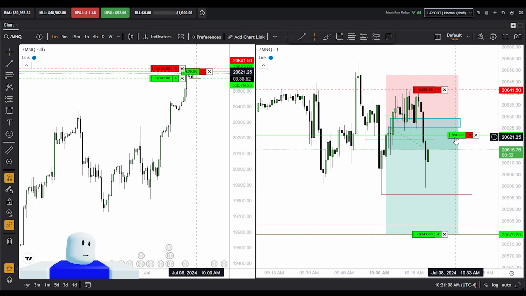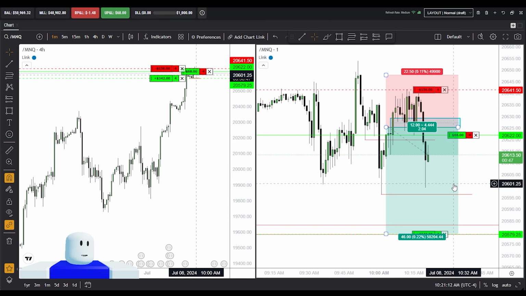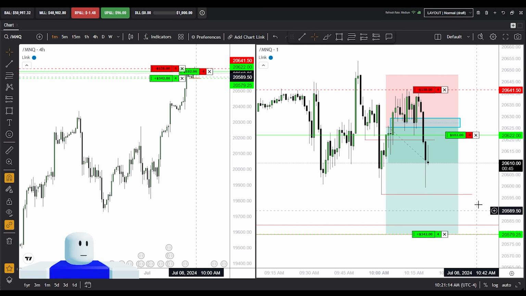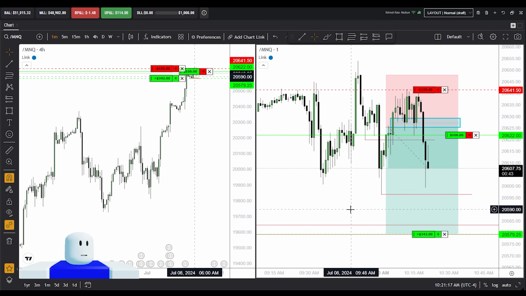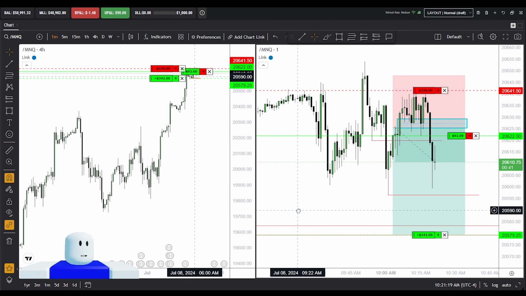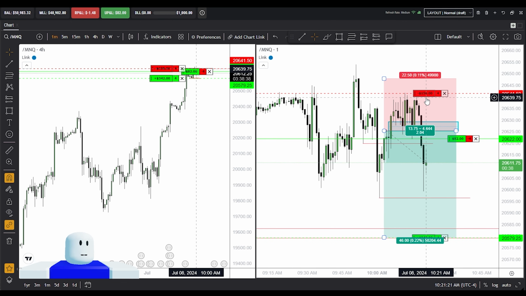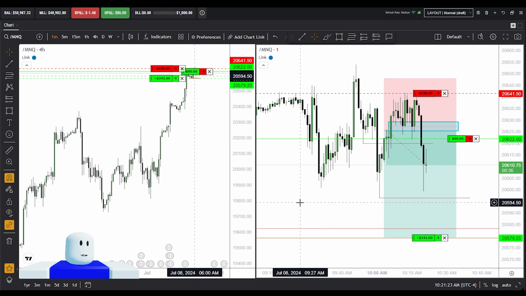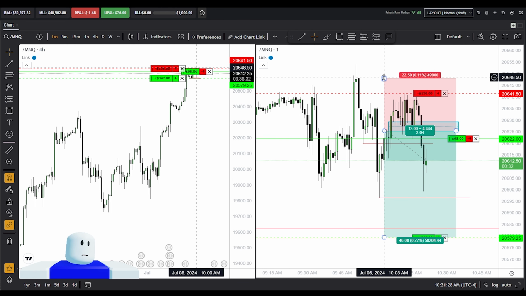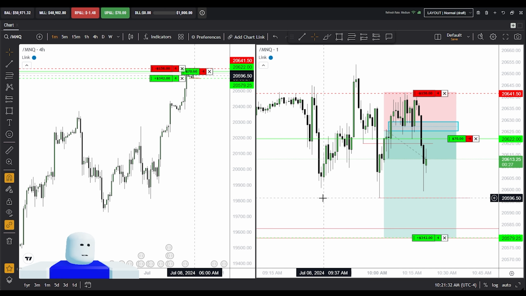The reason why I didn't move stops to break even, which I usually would, is because there's a fair value gap here that price can trade up into and then react lower, which I don't want to limit myself. And I'm fine with a $150 loss if that's not the case. So it's a clean 1 to 2, 150 for 350. And if I lose, it's completely fine with me.